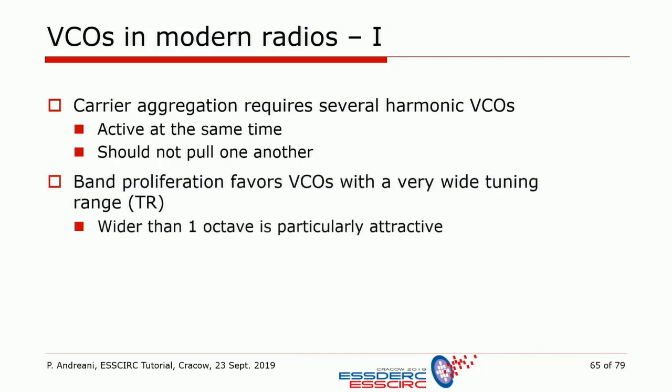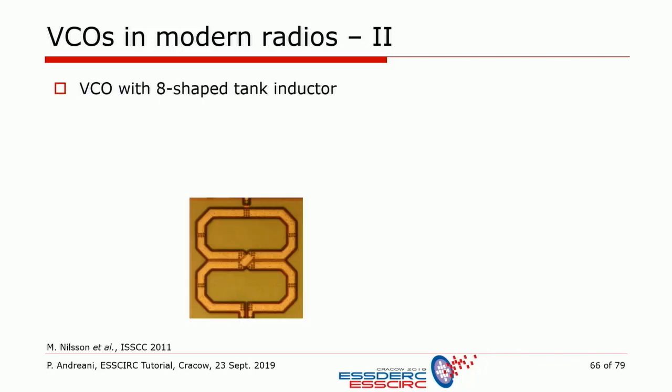efficiently. And then also the band proliferations really call for a wide frequency, wide tuning range VCO. Ideally, if we have a tuning range larger than 1 octave, that's ideal, because then we can produce easily all the lower frequencies by simple frequency division by 2. So with respect to the first issue, the pulling,